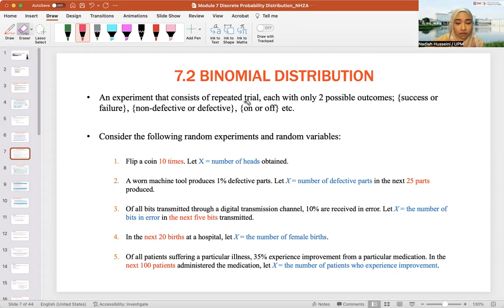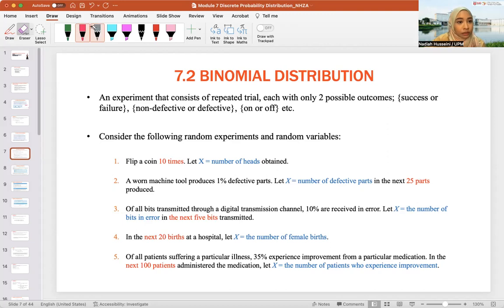Okay, so an experiment that consists of a repeated trial, each with only two possible outcomes, like I mentioned to you before: success or failure, non-defective or defective, on or off. Now, the tricky part to binomial distribution is that the question can ask you to assume that a failure is a success. For example, I want to know,